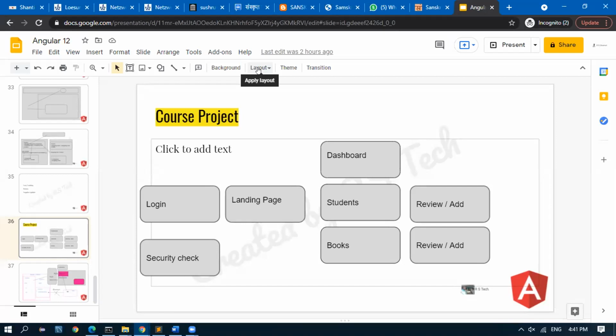We will have a dashboard, a students master where we can add, review, and edit a student, and a books master screen where we'll add, review, and edit books. So we'll do a simple application in Angular and implement all the concepts. So you will know one live project and how to do the steps.